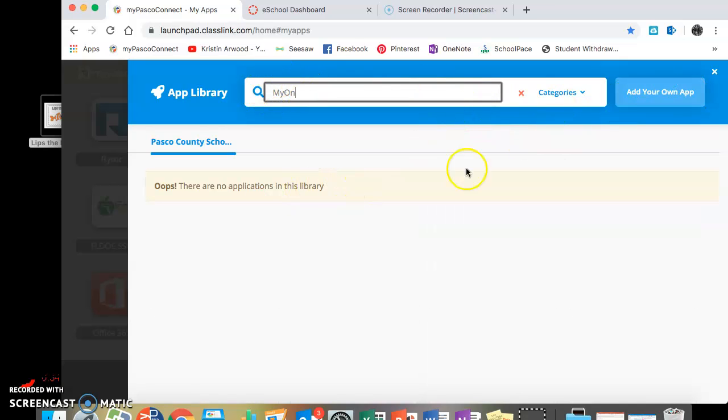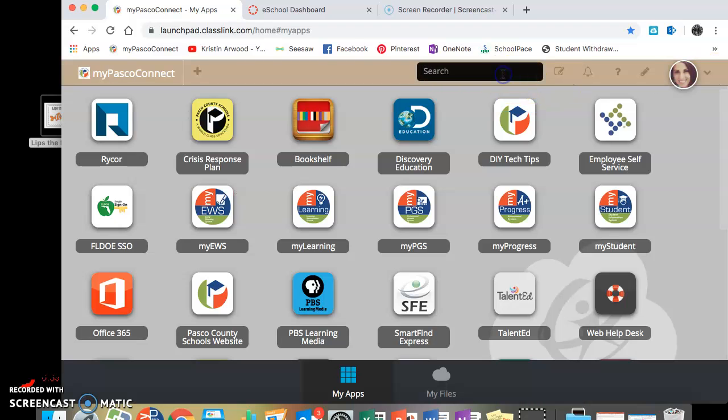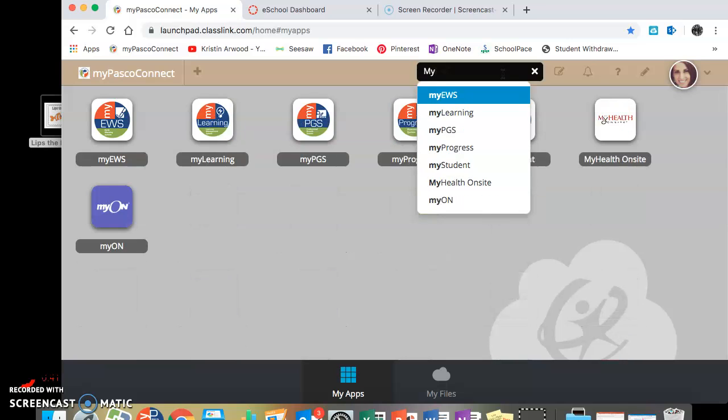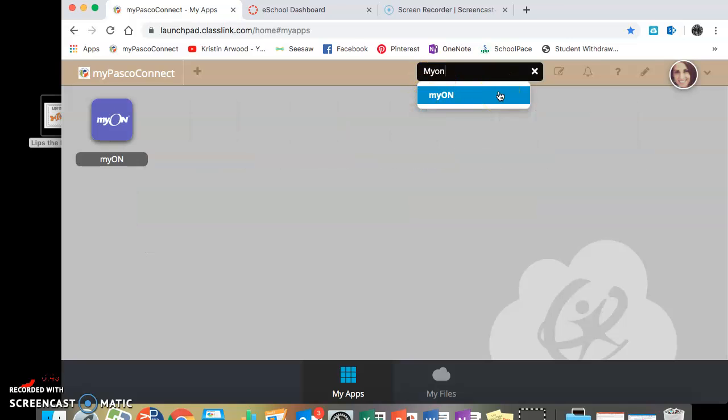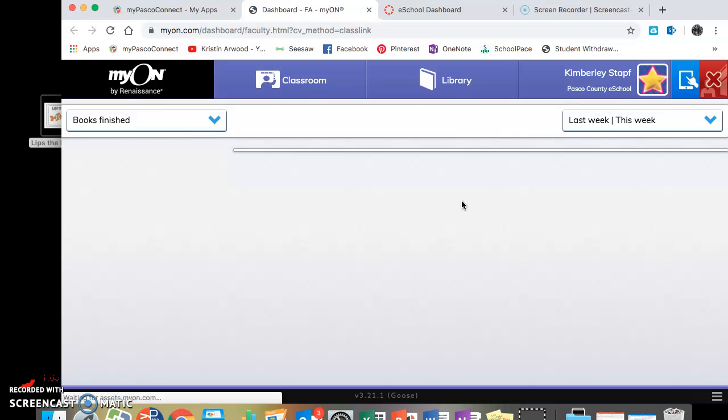And if that happens, that it's not there, exit out and use the search bar, and it already recognizes the My. Make sure you're spelling it all one word. I don't know if that might make a difference. So if you tried the plus sign and you couldn't find it like I just did, go to this search bar and type it in, and then it should appear for you, and then you can click on that and it will take you directly to Mayan,